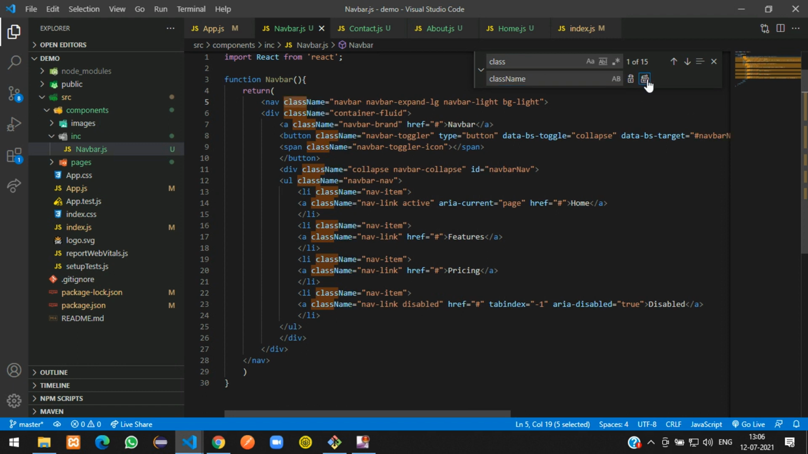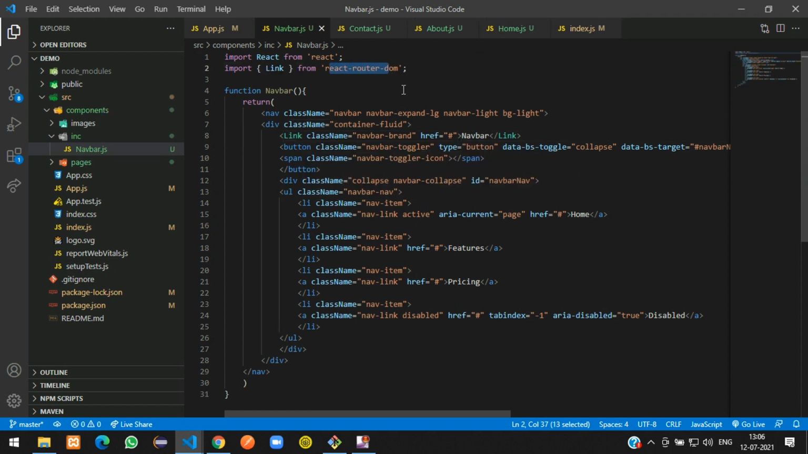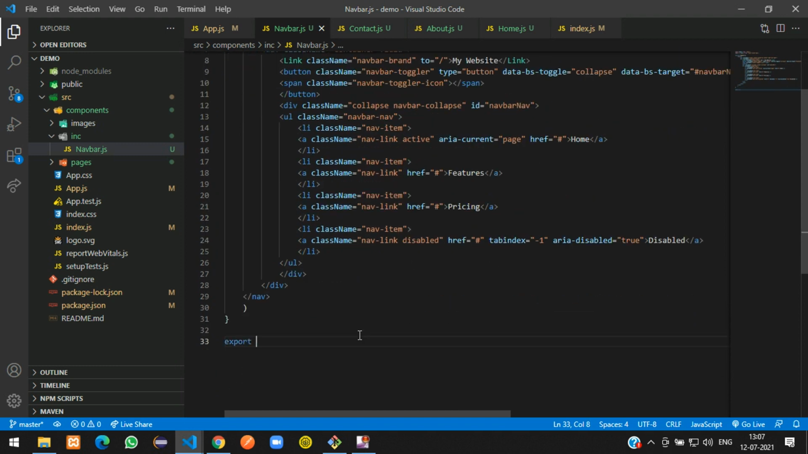Let's say replace all, and this a tag, guys, it's going to be a Link tag in this. So just remove that and say Link, and just import it from React Router DOM. Okay, and this thing, the href attribute is going to be to in React. Okay, so here we are going to the home page, and let us say my website. So here our logo will be, and let us just export this without missing that thing. Export default navbar,